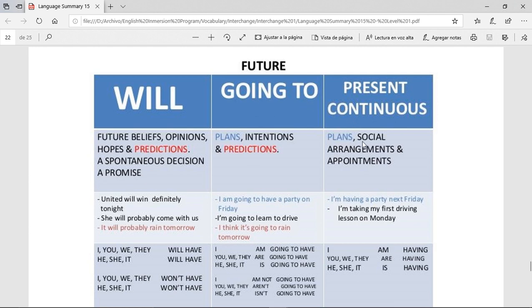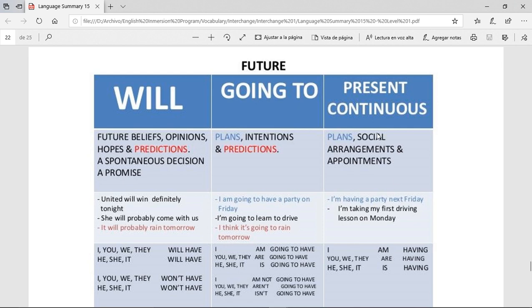Okay? I am having a party. If you say only that and you don't mention next Friday, that is present continuous. But since you're talking about a specific expression of time in the future, then you know it's future, and you're also using the present continuous. I am having a party next Friday. Okay? I am taking my first driving lesson on Monday. Okay? On Monday and next Friday are what make it future, but the structure that you're using is present